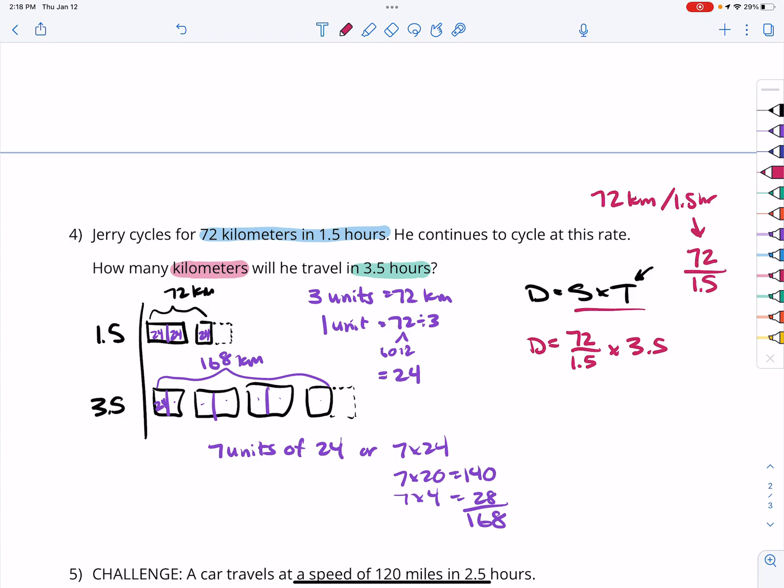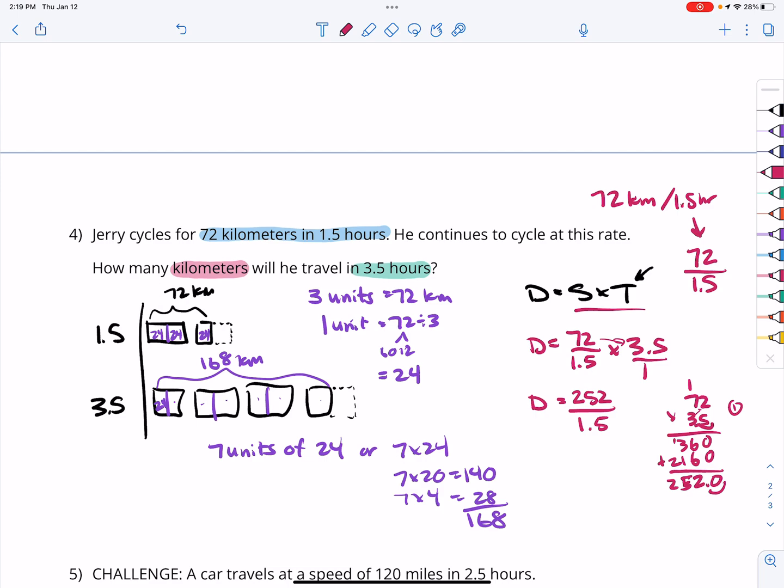So here we go. I know if this is over 1, I need to multiply straight across first. So over on the side, 72 times 3.5. Swoop that over once. 5 times 2 is 10. 5 times 7 is 35, plus 1 is 36. We're moving over one place. 3 times 2 is 6. 3 times 7 is 21. So we have, and I need to move that over one place. So this means our distance equals 252